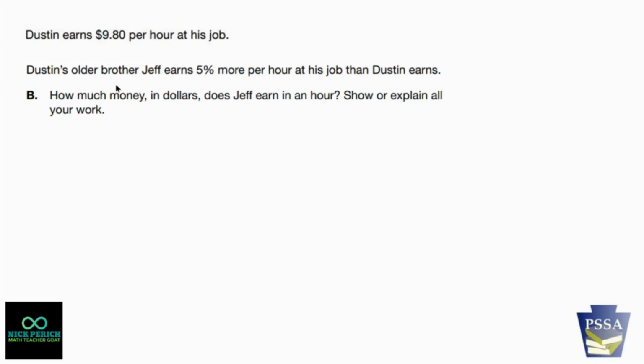All right, Dustin's older brother, Jeff, earns 5% more per hour at his job than Dustin earns. All right, so let's do this, okay? Let's find out how much Jeff earns per hour. If Dustin's going to be $9.80, then Jeff is going to be $9.80 plus 5% times that